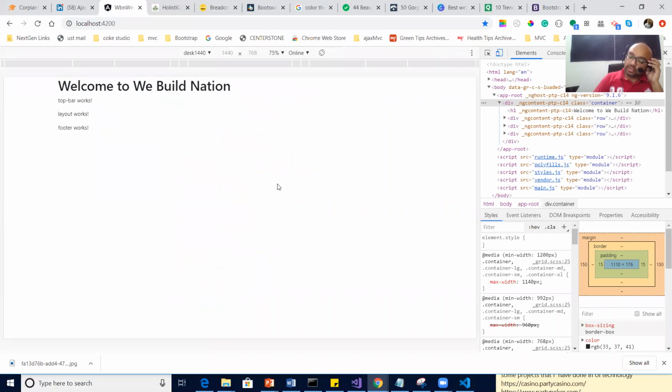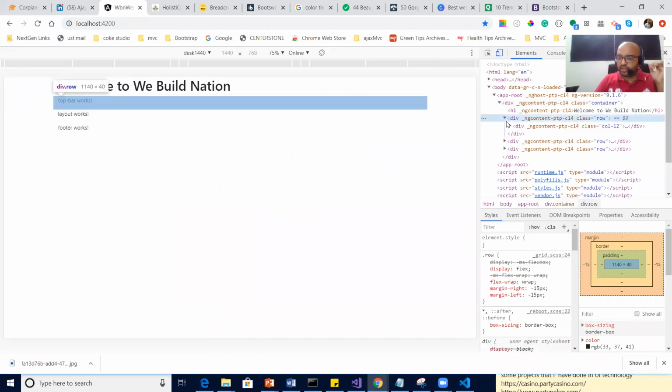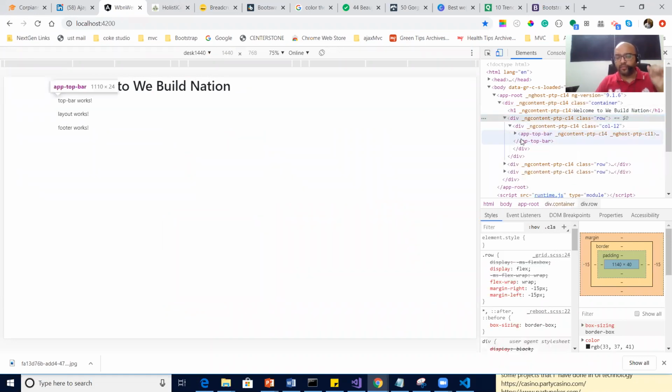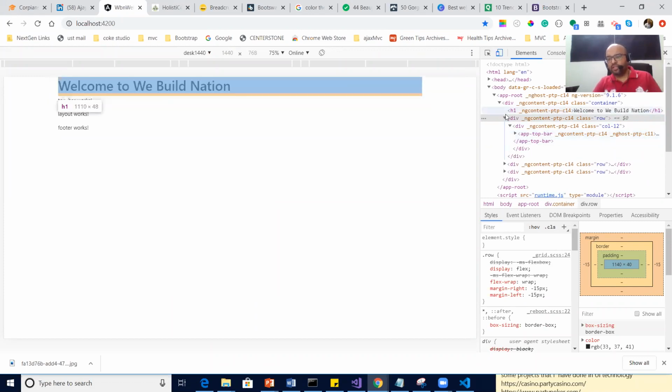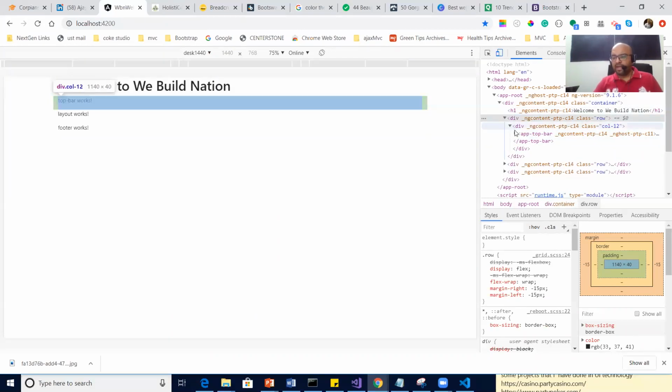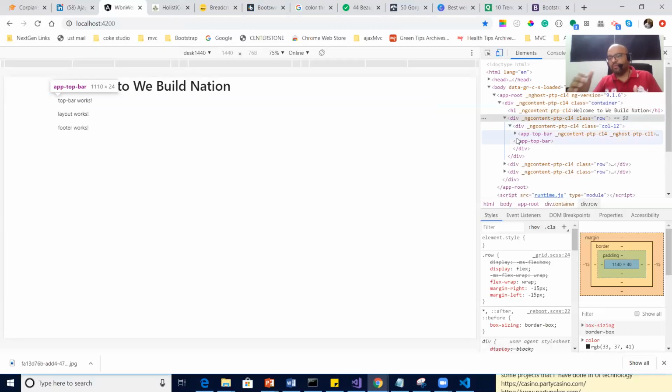Let's see. On screen you will see nothing has happened, correct? First of all, I need to check if it is refreshing. Yeah, it is refreshing automatically. On the view you will not see any difference, but in the background, HTML wise, coding wise, project wise, we have structured it well.